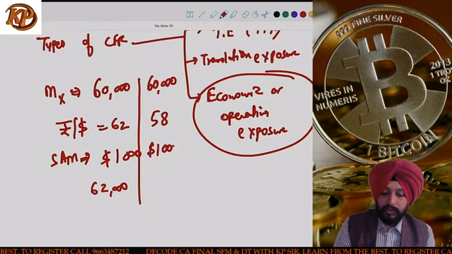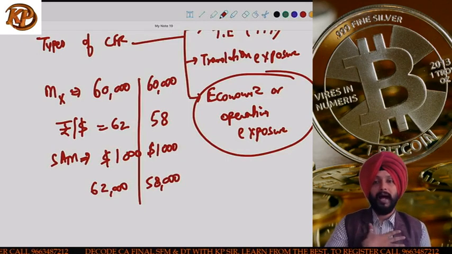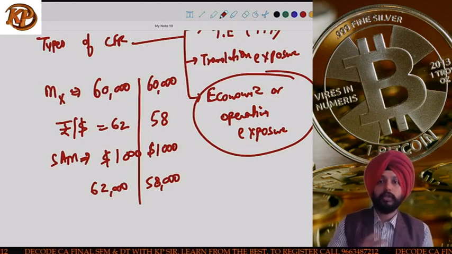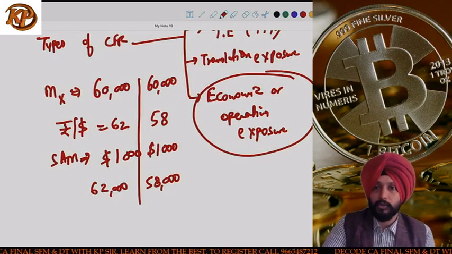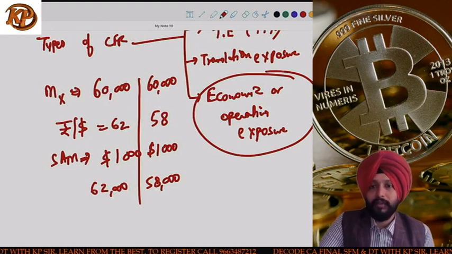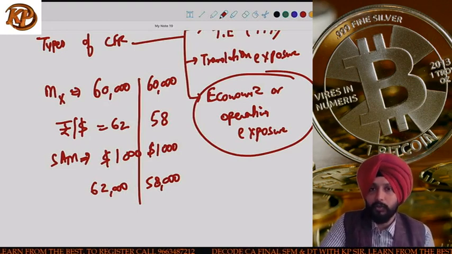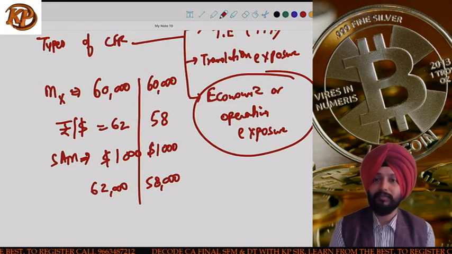Sam is still charging the same price and the price becomes 58,000. I am not doing business outside India, so there is no cross-border transaction, and accordingly I should not be bothered about currency fluctuation risk. Correct? No, I should not be worried about transaction exposure, but there are certain risk factors which I will still